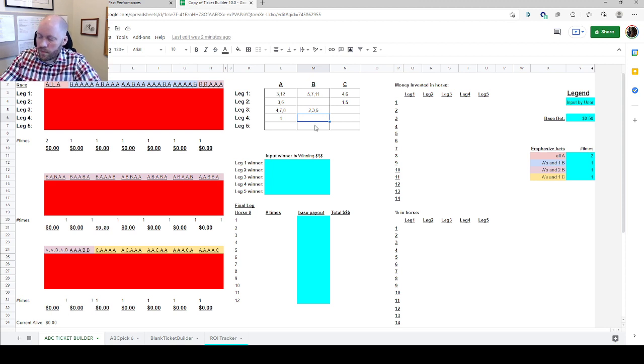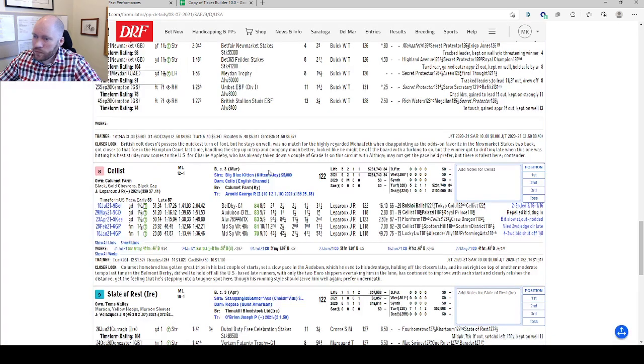I'm gonna take Bolshoi Ballet as a B. And I think I'm going to probably add Celis in there, so I at least have an American horse as a B. Not that that really means anything, but I think the horse does make some sense. And then I'm going to add the 5 and the 7 out here as C's. This may move around slightly. Let's see what the final budget comes out to be, and we'll go from there.